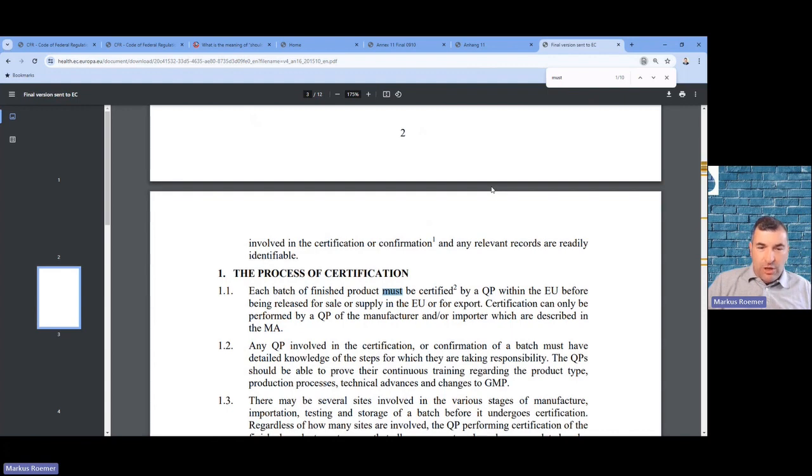In US regulations, shall is definitely a must. There's no other option, no other way around that. Should might be a little bit more soft, and then you also have may and can and so on. But this depends then always, as so often, it depends. But a must is mandatory in European regulations.